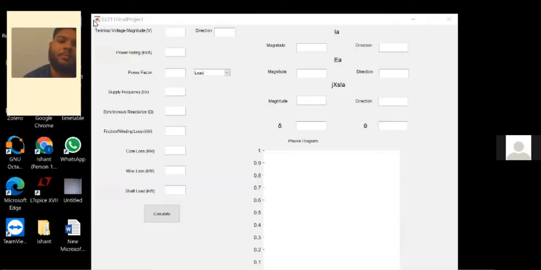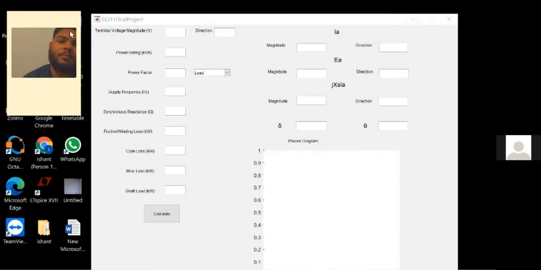Hi, I'm Ishan, and I will be discussing the layout of this project's graphical user interface. First of all, what we have on the left-hand side of the screen is the input of the parameters. The user has to select whether the power factor is lagging or leading. On the bottom of this is the calculate button. When this is pressed, the application calculates the required outputs based on the user's inputs, and these outputs are displayed on the right-hand side of the screen. Moving on, the phasor diagram will be displayed on the region shown. After different approaches, our team found out that this layout was most effective and user-friendly.